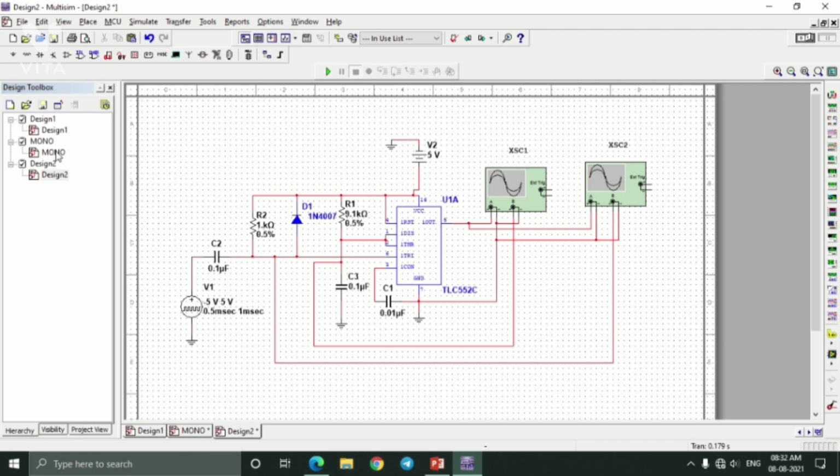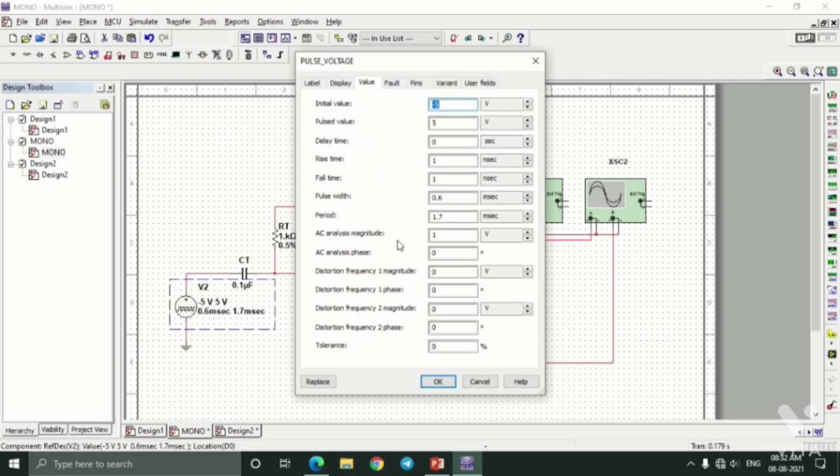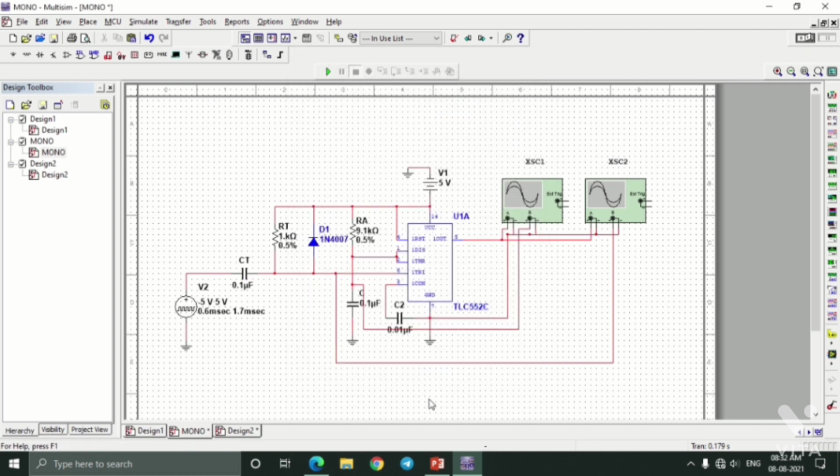I will show it over here, the same circuit. Now the small change that I have made here is that I have changed the pulse width and time period of the pulse voltage source, because since this is Multisim version 12, maybe due to some instrumental configuration changes, the output will not come as usual.